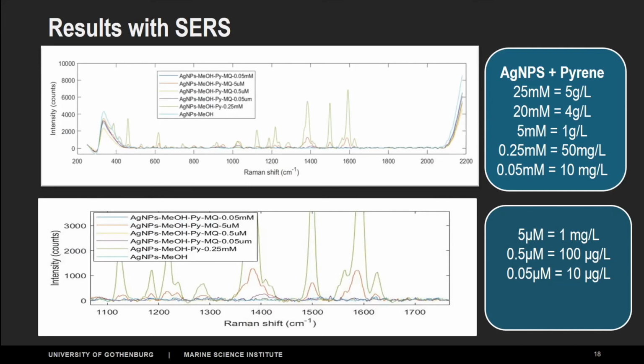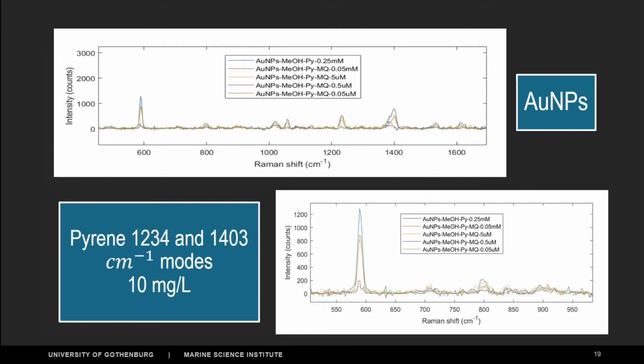And here is just a reference. We try to go down to 10 micrograms per liter, which is a bit hard with silver to actually detect. And then, of course, we tried with gold, because the metals have different properties and molecules prefer different metals. It would be nice to combine these two metals in a substrate to get more out of the enhancement. And then we tried, and these are really good results with gold nanoparticles. And you see those peaks that are given by the pyrene molecule, really nice peak at 500